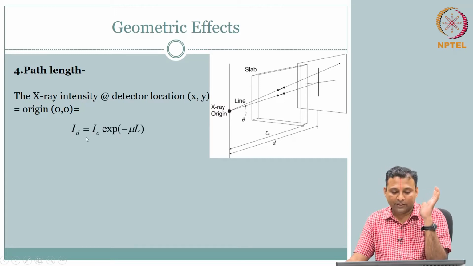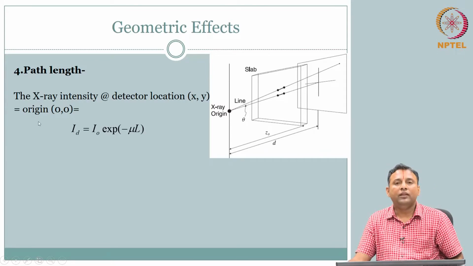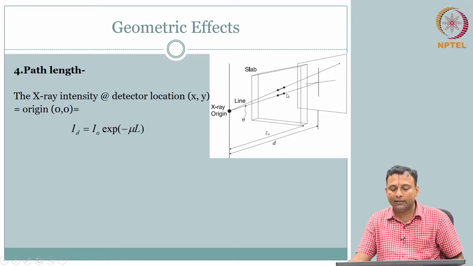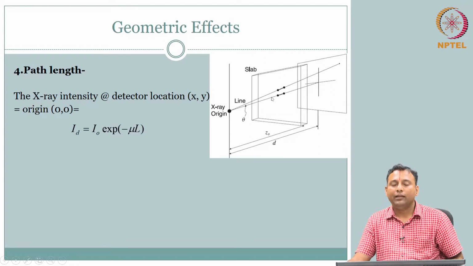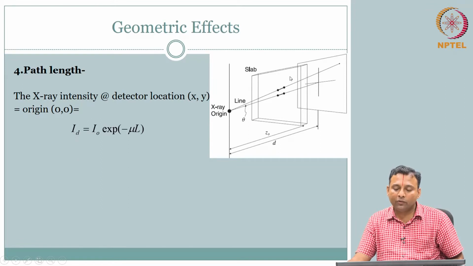We can just say I_D is equal to I naught exponential of minus mu L, this we know. This is only when it passes through the thickness. The thickness here is capital L, okay, a material with mu. So, exponential of minus mu L gives your I_D. However, what is it going to be at other locations? At other locations, you know from this geometry that the length through the material, which we will call L dashed, is going to be greater than this L, correct.